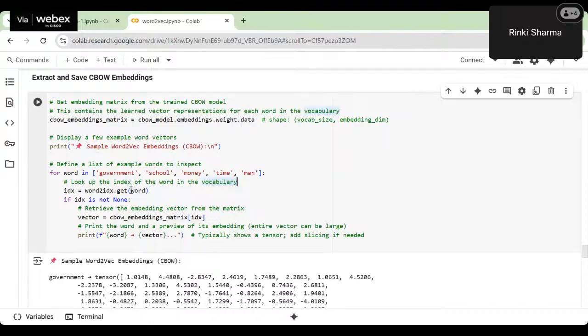Here I have extracted the embeddings that the CBOW model learns. So the word map